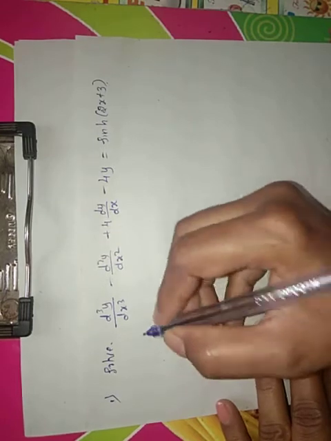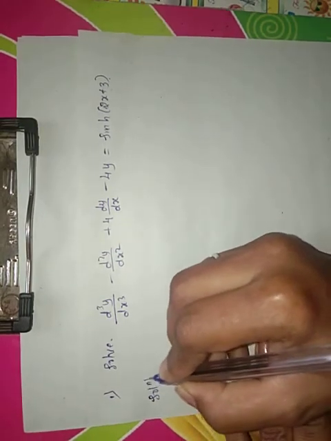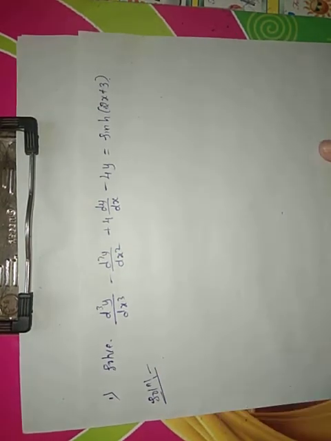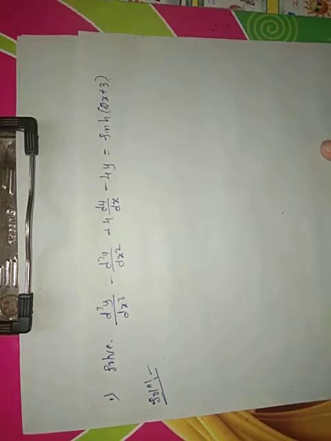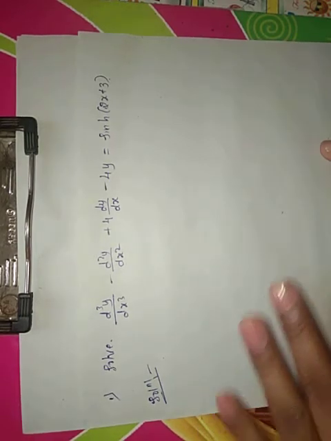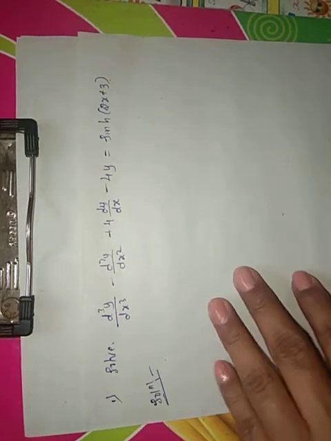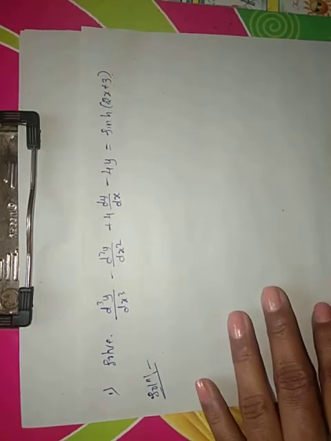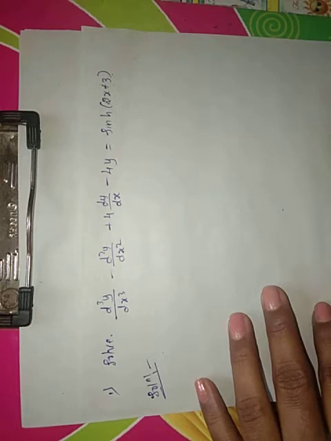So here to solve this equation, first we have to write down the equation. So I am just repeating the procedure here. First we have to write down the f of D of y, and then we have to write down the auxiliary equation, and then we have to find out the complementary function based on the roots. Based on the nature of the roots, we have to use the formula to write down the complementary function here. After that we have to substitute the complementary function for the respective values, and then after that we have to take out the particular integral.